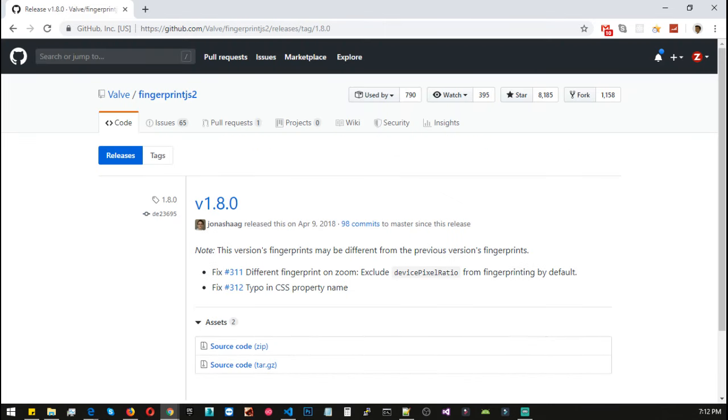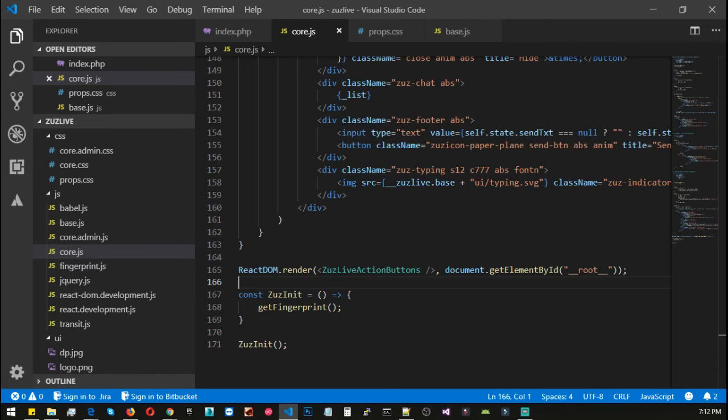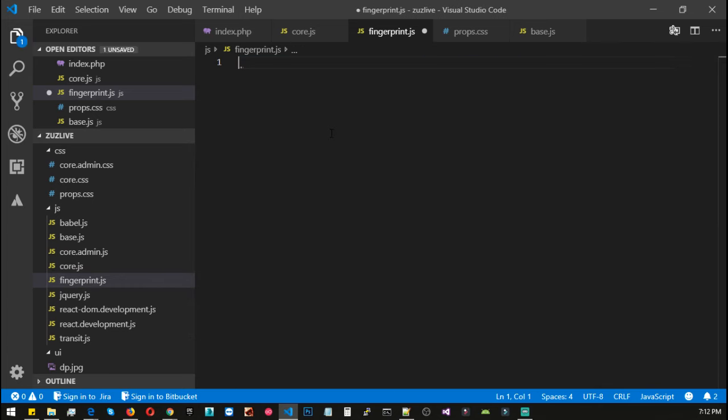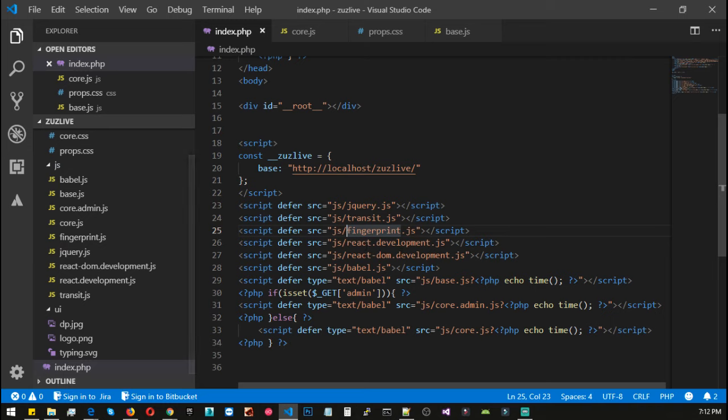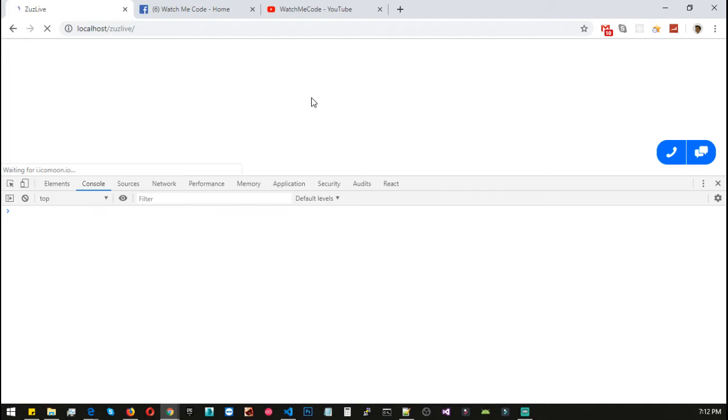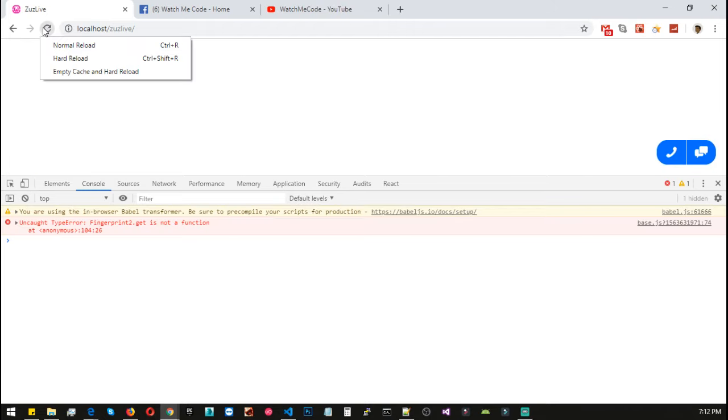You can grab right from here, but I already have this one, and let's quickly update fingerprint.js and update the right code, save, and now we should move on, and let's go to our localhost, control F5 or right click and say empty cache and hard reload, and